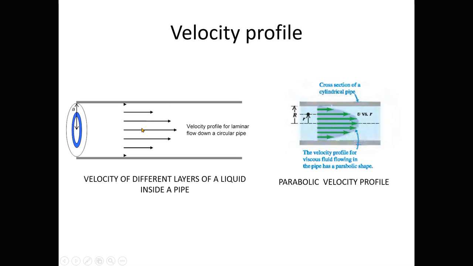This pipe is divided into two parts, upper part and lower part. The height of this pipe is equal to h. The upper half is equal to h1, lower half is equal to h2, and there is a plate midway between two plates. This plate and this plate, two plates are there. This plate is placed here, and the plate is being pulled along this direction.